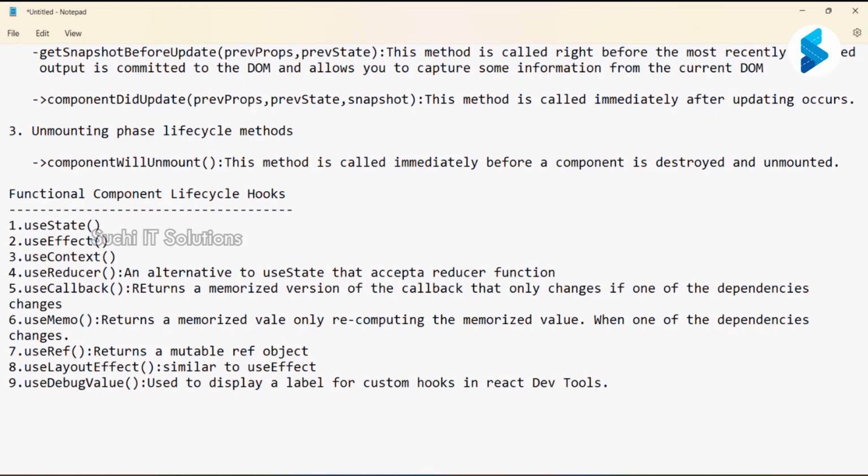First we need to check the class component life cycle methods in phases, different kinds of phases. Basically 4 stages are available, but I'm going to use only some of the regularly useful methods here. Initial phase, mounting phase, updating phase, unmounting phase: different kinds of methods are available. So those methods